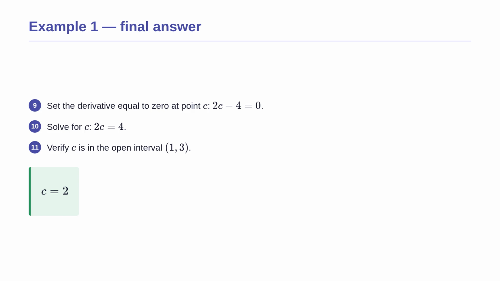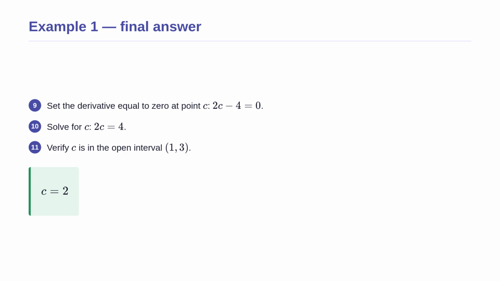This gives us the basic algebraic equation 2c minus 4 equals 0. Adding 4 to both sides and dividing by 2, we isolate c. Finally, we verify that our result is strictly between our interval endpoints of 1 and 3. It is. Physically, this means the exact bottom of the parabola, where the tangent line is perfectly horizontal, occurs exactly